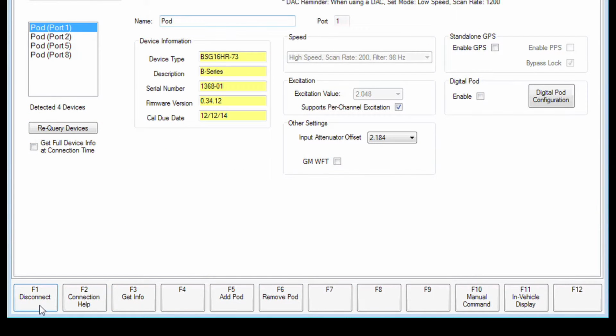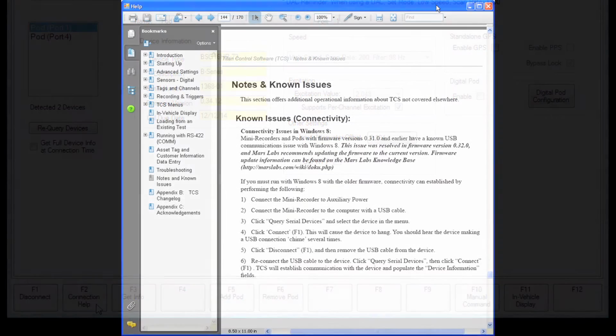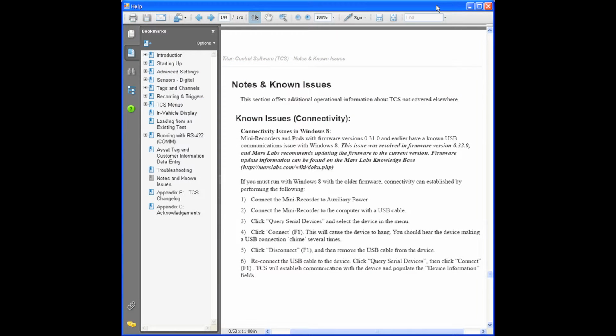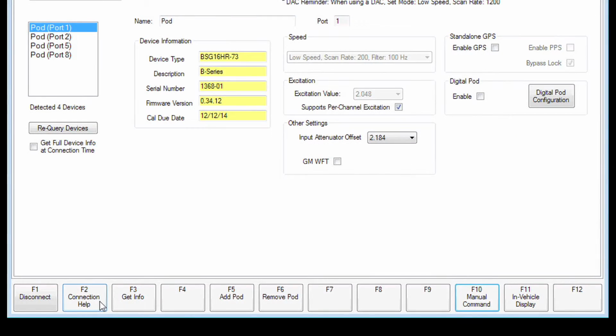Moving to the bottom of the screen, the 7 active function keys offer an alternative selection method for some common functions. We've already mentioned function key F1, which connects or disconnects the CPU to TCS. Function key F2 allows you to get connection help. Pressing F2 displays the connectivity section of the TCS user manual, which can help you to sort out any connection issues. Function key F3, Get Info,